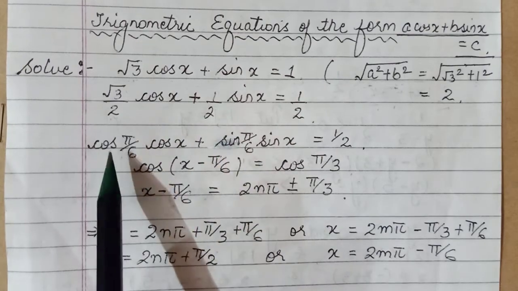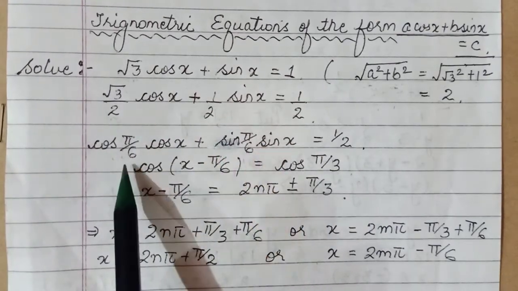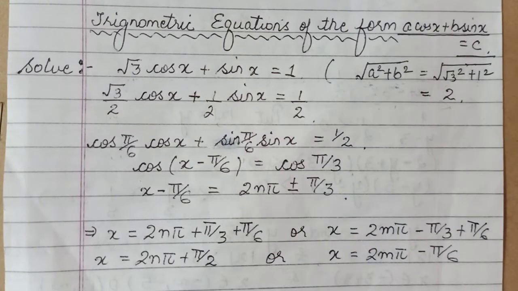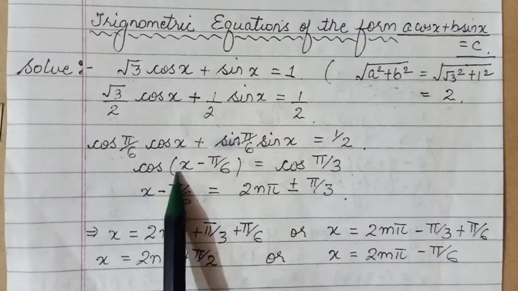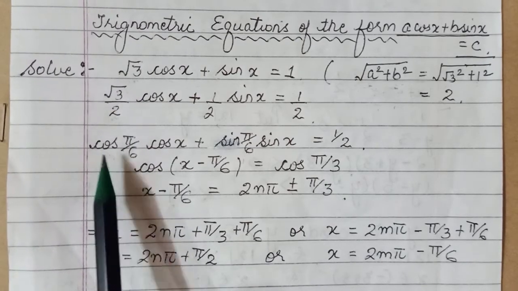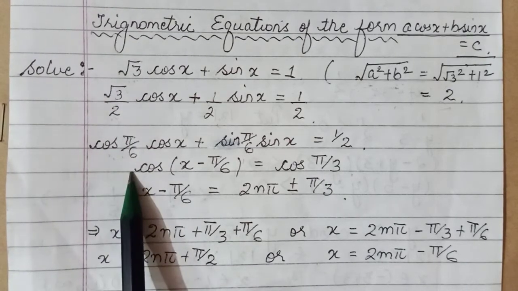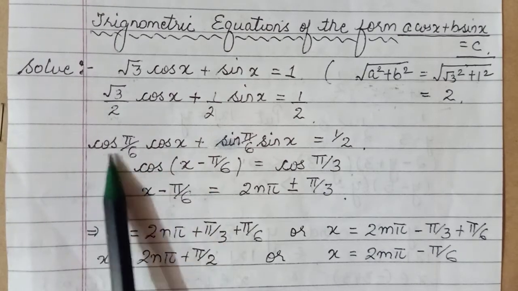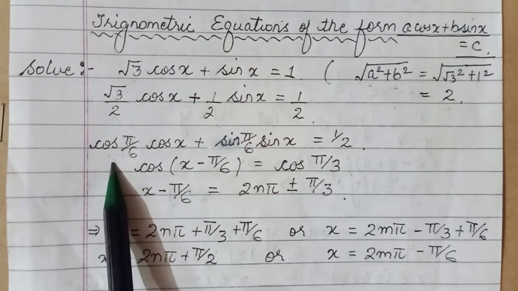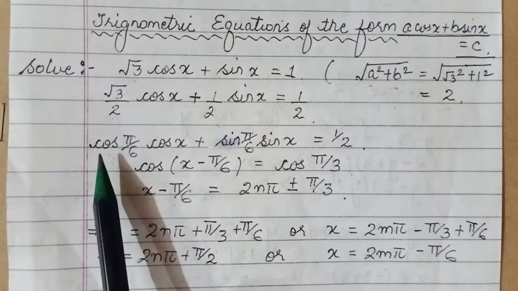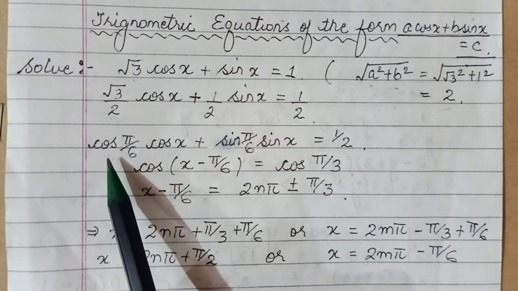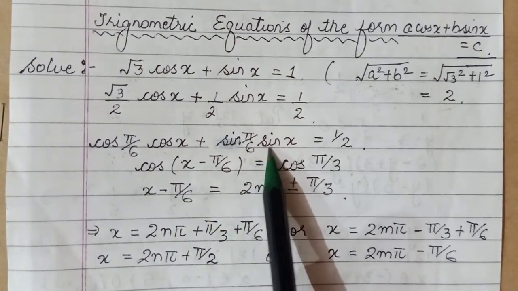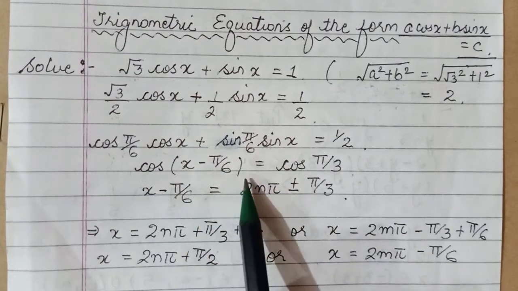तो ये automatically एक cos और एक sin of the same angle निकल के आएंगी ratio once you have done this. So you can either write it as cos or sin. As I said, अभी हमने इसे cos pi by 6 लिखा है, or maybe you could have written it as sin pi by 3. Either way it can be done. If we are taking it in this form, I had a cos x here, I have written this as cos pi by 6. So this now takes the form of your trigonometric formula cos a cos b plus sin a sin b, which becomes cos of a minus b. That was your trigonometric formula.